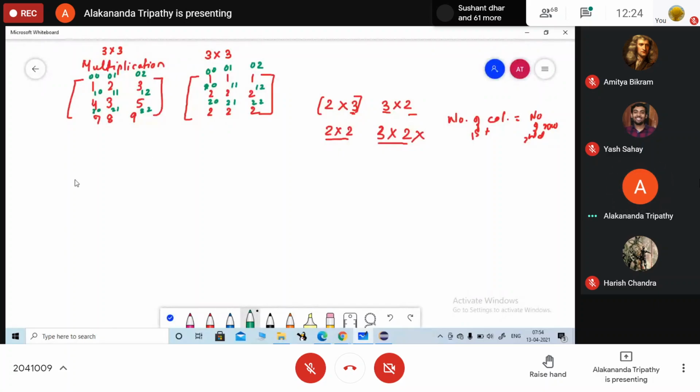Okay. So now when I am going to multiply the two matrices, how are we going to multiply it? Isn't it? This is the basic order.